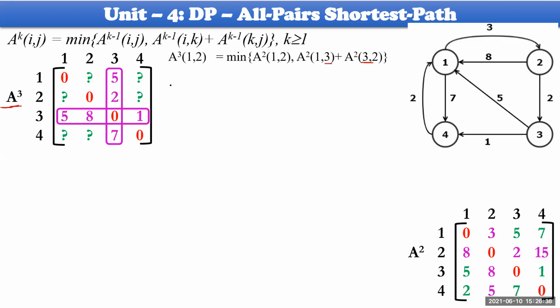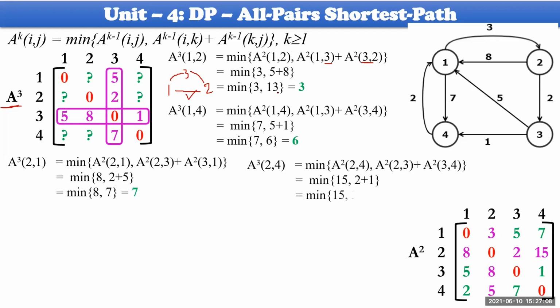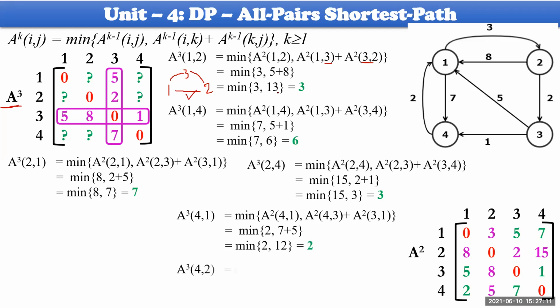So how would this happen? Directly we are trying to calculate the distance between 1 comma 2. If there is any cost, yes, there is no problem. And also take 1 comma 3 and 3 comma 2. Identify whether this cost is minimum or the addition of these 2 costs is minimum. That is the point which we have made here. So I'd like to display everything. You just go through for a while.